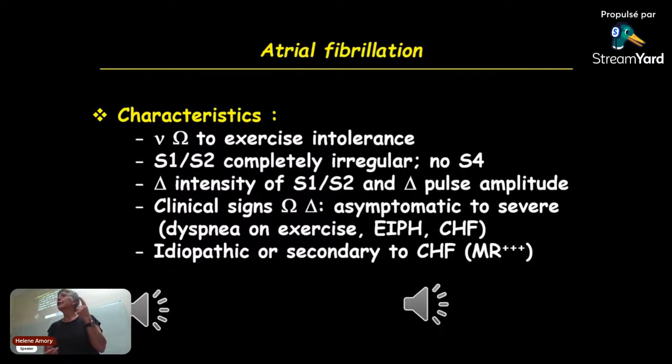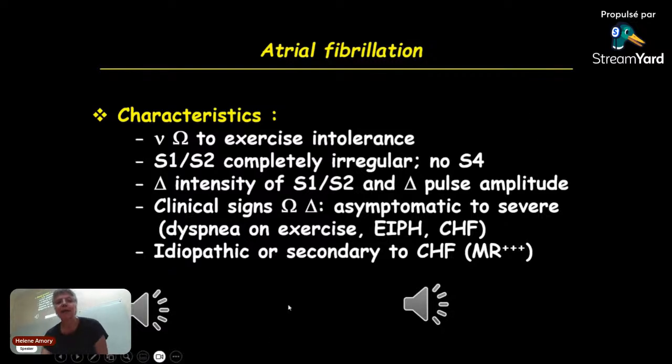One interesting clinical sign in a horse that develops atrial fibrillation is that suddenly he shows exercise-induced pulmonary hemorrhage with exercise. A lot of horses show this, but if a horse never presented it and suddenly presents epistaxis after exercise, think to auscultate the heart, because maybe he developed an atrial fibrillation and is developing epistaxis because of it. It's not specific, but it can be part of the signs.